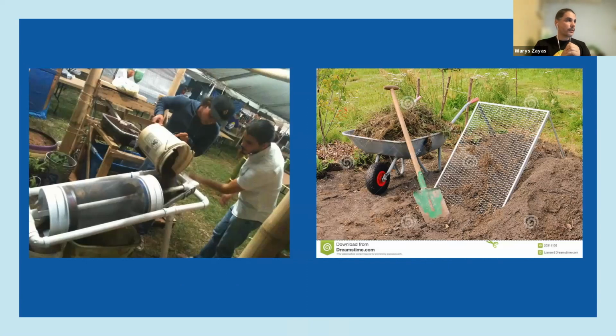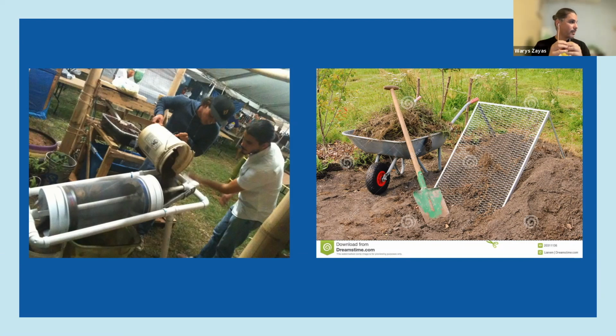Right here, you can see a younger Waris in the picture on the left with a good friend. This is a model of a homemade tumbler sifter that one of our friends built from a sketch that he found online, and it was using some PVC and some parts of buckets in the tumbler, right, with chicken wire, and you can just sift your compost using this.